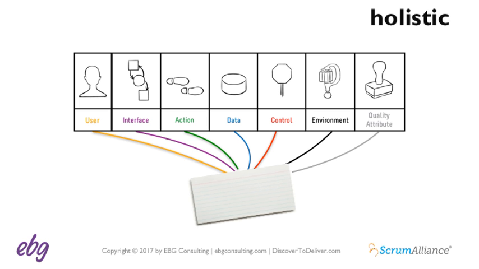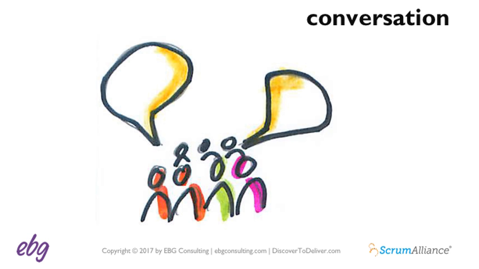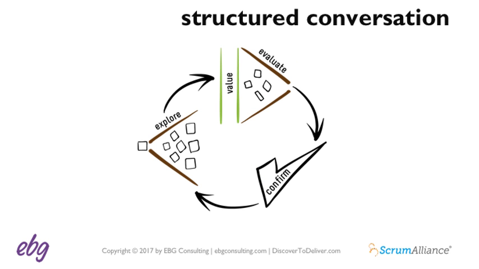I've seen many teams stalled inside their sprints when they weren't ready. In other words, they didn't have a shared understanding of one or a subset of these dimensions. The word conversation is often invoked in Agile, and that's great. But what's even more effective to help us get to ready is to have conversations that are structured. I'm using the expression structured conversation as a metaphor for the ongoing collaborative exploration, evaluation, and confirmation of refining backlogs to get them into a ready state.